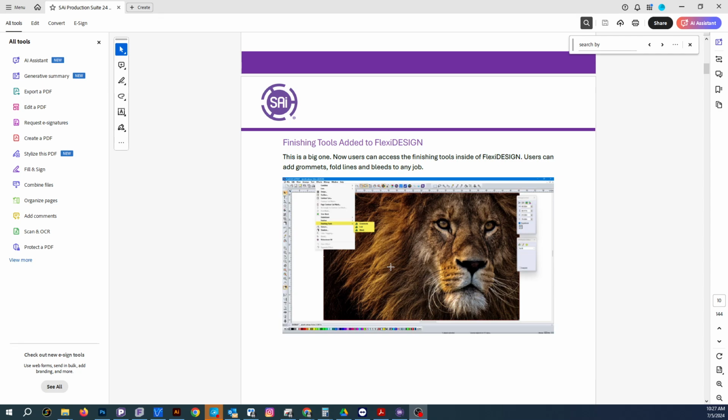Okay, here's something that says this is a big one, and it is a big one. It's a super big one because, possibly like you and others, I use both Production Manager to run my equipment, and I use a third-party RIP such as VersaWorks. I've used Onyx and VersaWorks, and currently we're running VersaWorks because the output is better than whatever I can mess around with in the Production Manager. I have yet to match the quality of print out of FlexiSign Production Manager versus VersaWorks, so I use VersaWorks,